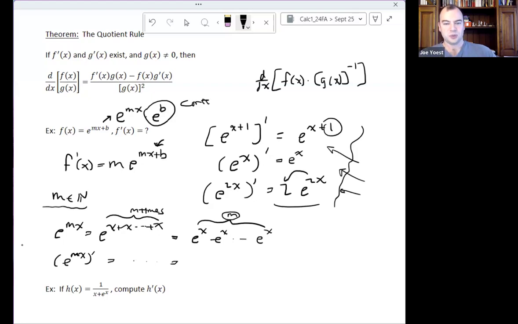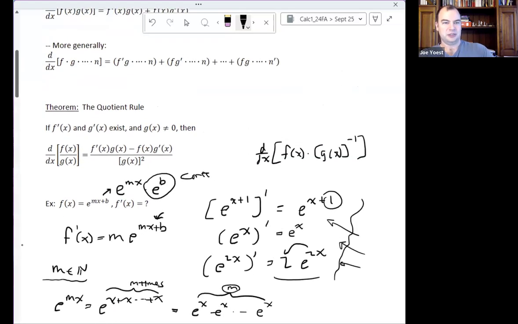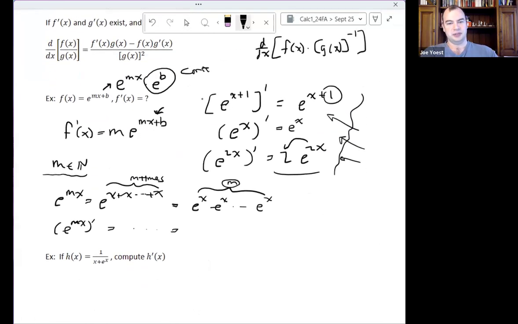I would take this product, by my generalized product rule. This is why I wanted to do this in class, because it's just a nice application of this generalized product rule. I have this product. I write it m times. I'm not going to write it all up, but I write the product once and then again a whole bunch of times. In the first one, I differentiate the first e to the x. But wait, that just differentiates to the same thing, e to the x. In the second one, I differentiate the second e to the x, but that differentiates to the same thing,